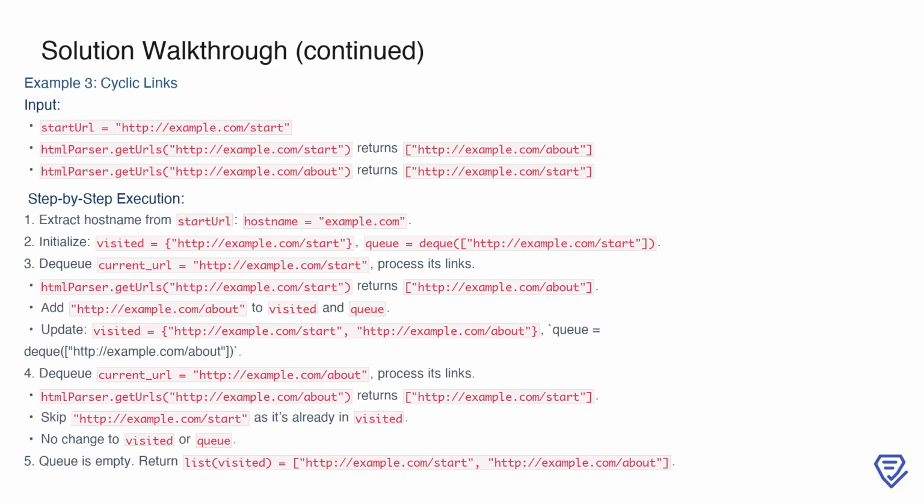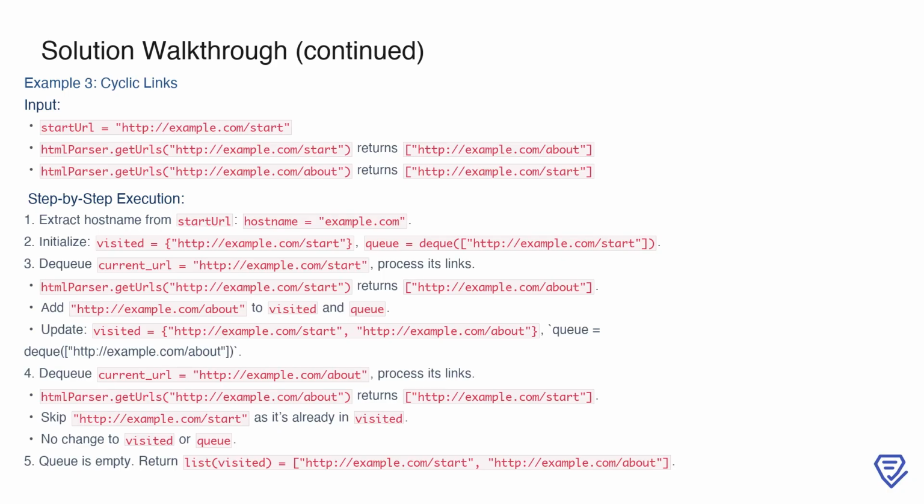Finally, let's examine an example with cyclic links, where pages link back to each other. The start URL is http://example.com/start, and it links to http://example.com/about. In turn, http://example.com/about links back to http://example.com/start. As usual, we extract the hostname, example.com, and initialize the visited set with the start URL and the queue with the same URL. First, we dequeue